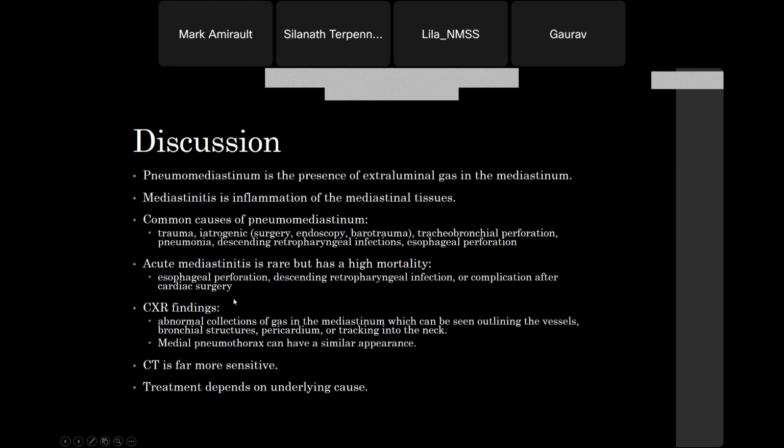And again, so the findings, you're looking for pneumomediastinum, which we talked about before. And you can see a pneumothorax as well. Just the gas kind of dissects into that pleural space. And these people are going to get CTs, and obviously treatment depends on underlying cause. This patient will go on to be managed by our surgeons, and